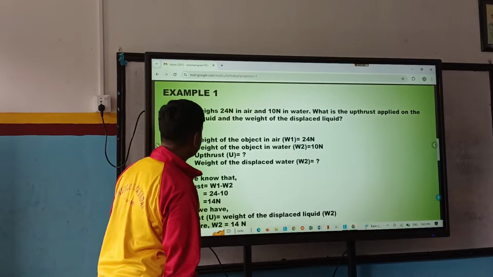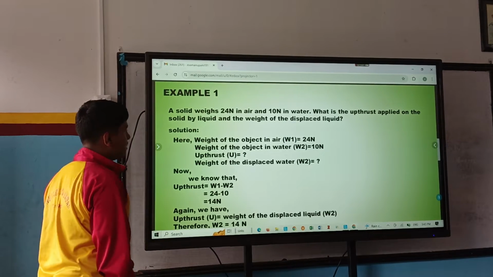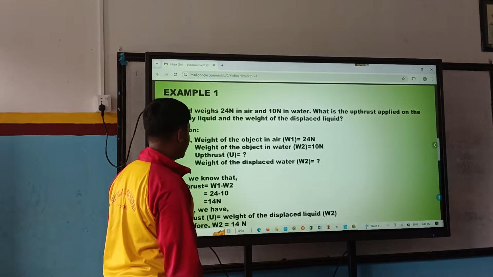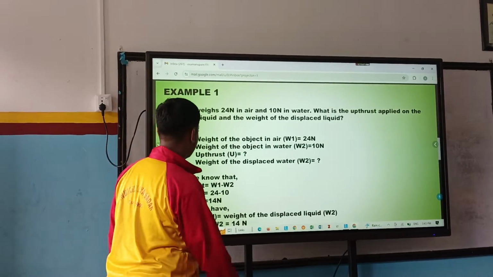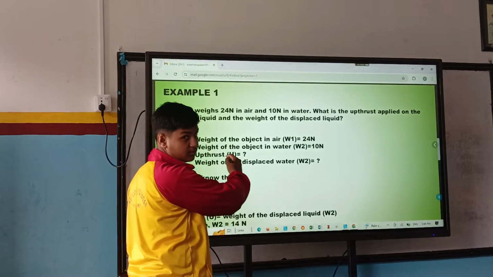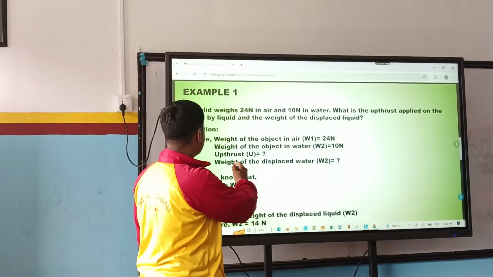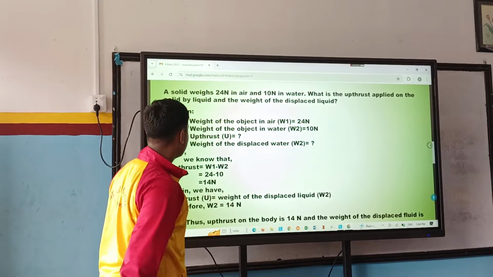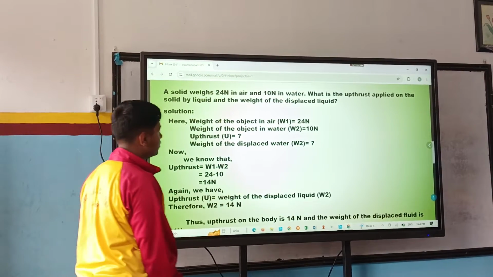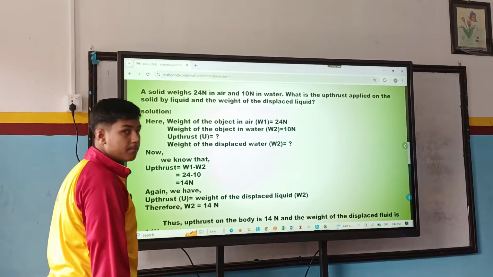A solid weighs 24 Newton in air and 10 Newton in water. What is the upthrust applied on the solid by the liquid and the weight of the displaced liquid? Here is given the weight of the object in air, W1, 24 Newton, and the weight of the object in water, W2, 10 Newton. So we need to find the